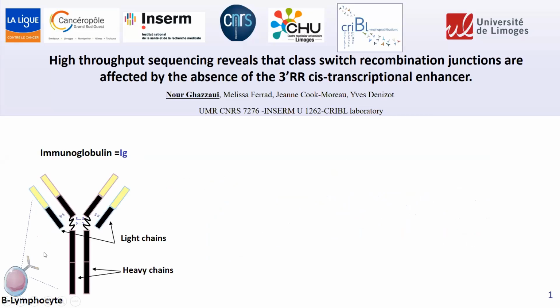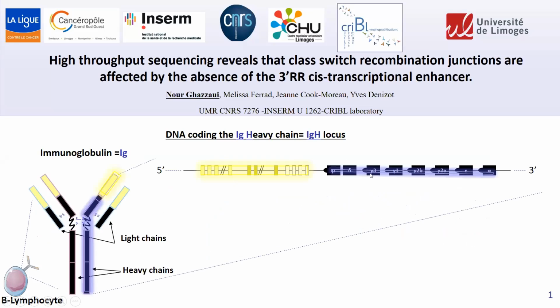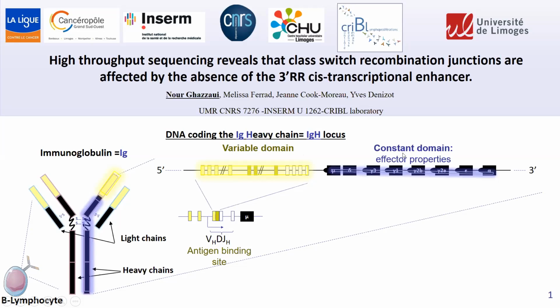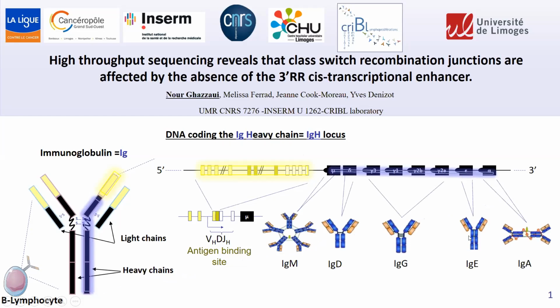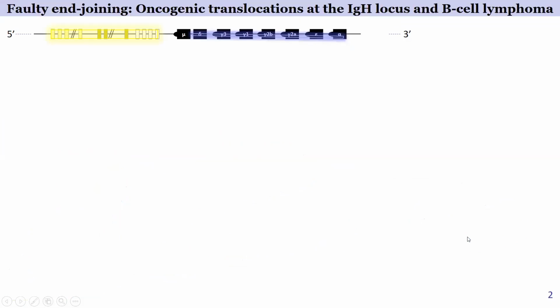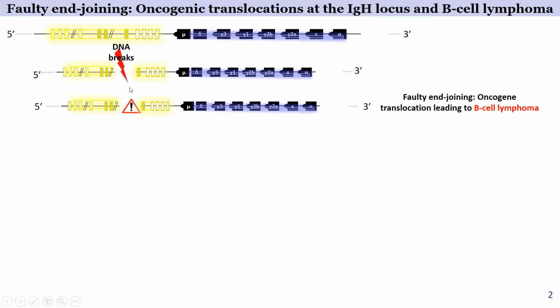Mature B cells express on their surface immunoglobulins, which are constituted of two identical light chains and two identical heavy chains. Heavy chains are encoded by the immunoglobulin heavy chain locus, known as IGH locus, which is composed of a variable domain leading to the antigen binding site and a constant one containing the different genes encoding the different immunoglobulin isotypes. To be functional, this locus must undergo a series of rearrangements where it needs to break its DNA, resulting